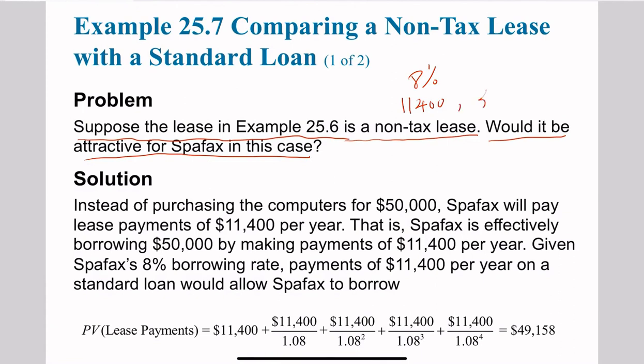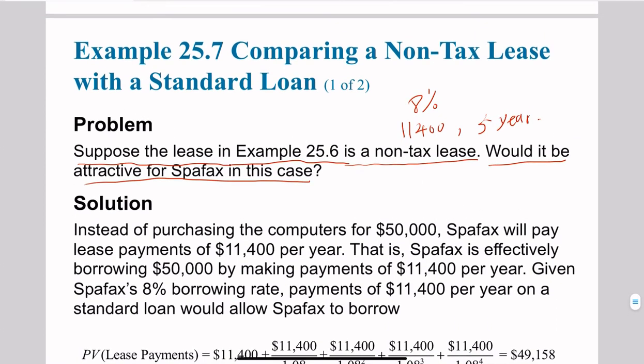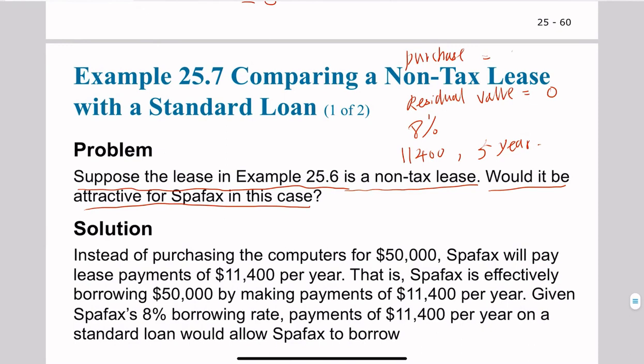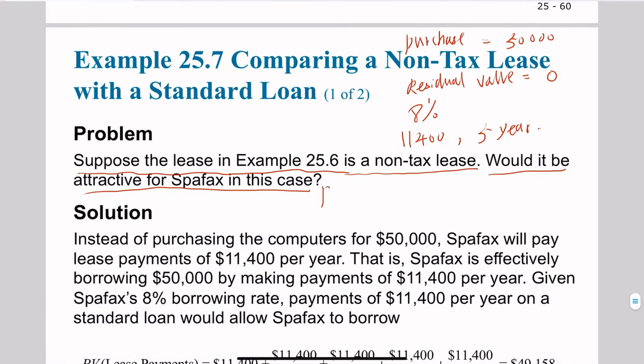And this is a 5-year lease, right? And I think the computers have a life of 5 years. So in this case, you can see that the residual value is 0. And the purchase price of these computers is $50,000. So what I will do is compare the present value of these payments and the purchase price minus the present value of the residual value, which is just